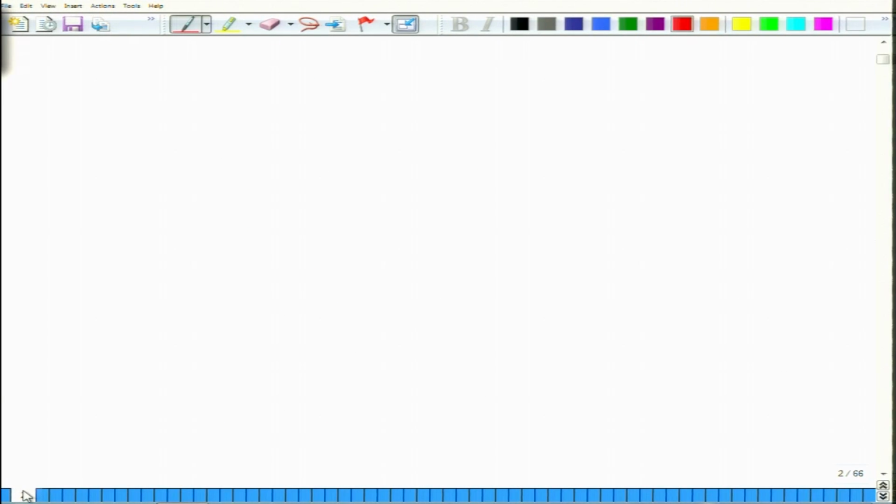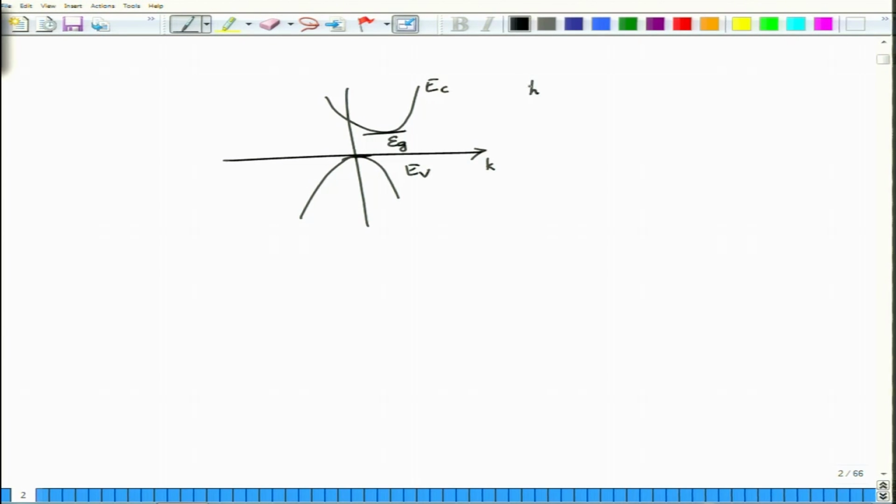Okay. In an indirect band gap material, what you find is you have again the k vector, and then you have a k vector against which we are actually looking at the energy levels. Okay. So this is how the conduction energy band would look like, and this is how the valence band would look like. Okay. One of the conditions that the absorption must satisfy is, of course, that the energies have to match. So here now the transition energy will be governed by this energy gap, if at all there will be a transition. But most importantly, there is a momentum condition as well.